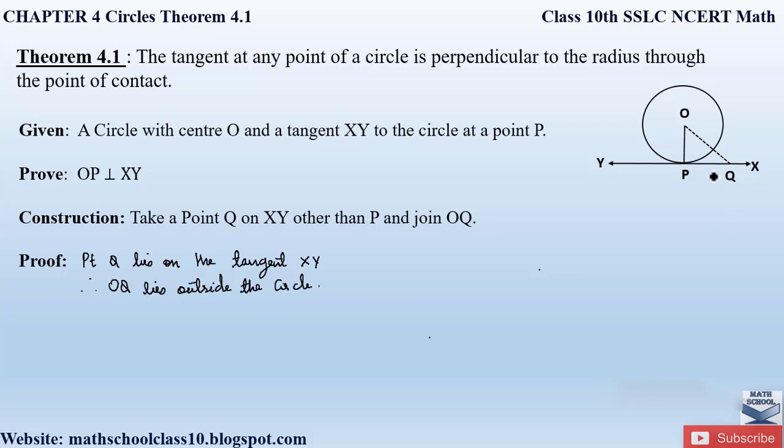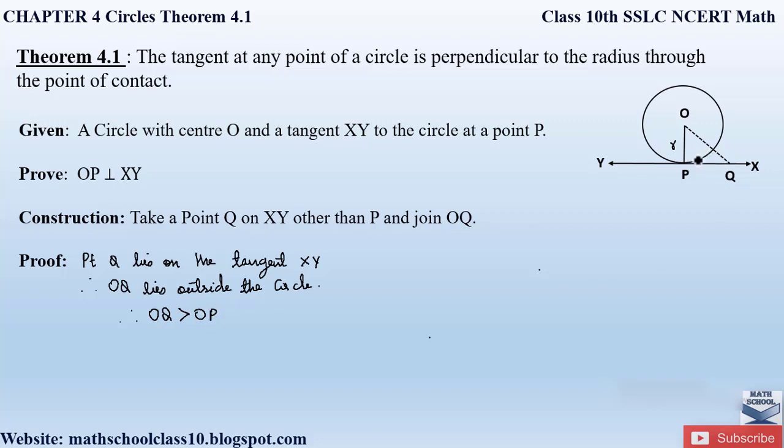With this, what can you conclude? This line OP is lying within the circle because it is the radius of the circle. Even if we move this line, it will be within the circle itself, whereas Q is a point which lies outside the circle. When you compare the distance between OP and OQ, we can clearly see that OQ is larger than OP. Therefore you can write OQ is always greater than OP.